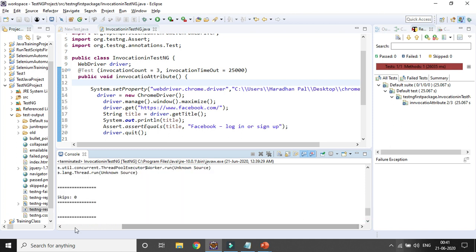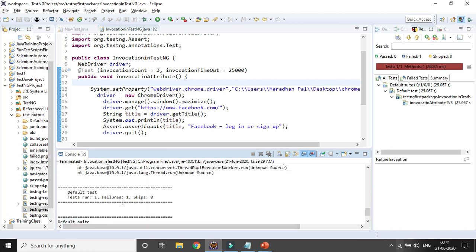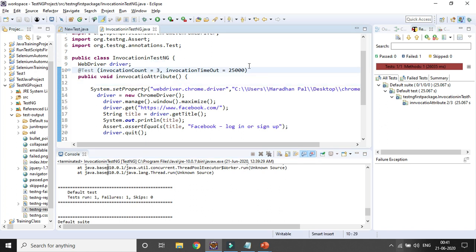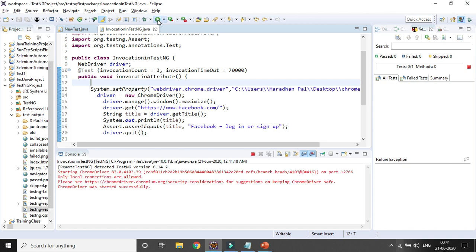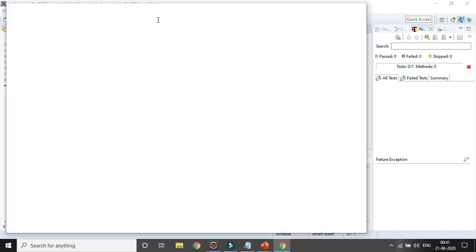So that is another important attribute whenever you mention invocation count 3. Now let's change it to, say, 70 seconds, and obviously it will pass. If you run it, you can see all the iterations pass successfully, because 3 iterations will take a maximum of 50 seconds and you have given an invocation timeout of 70 seconds.